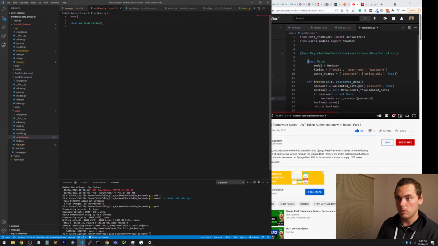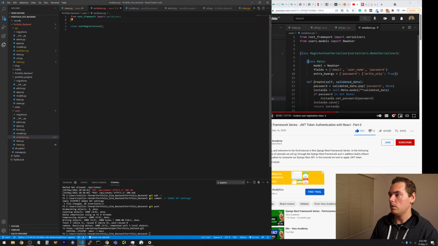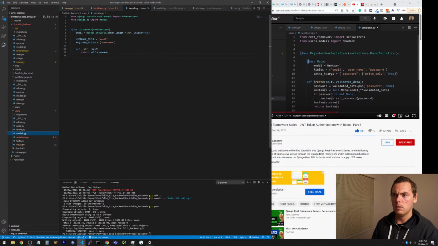So from REST framework import serializers. From dot models import custom user,